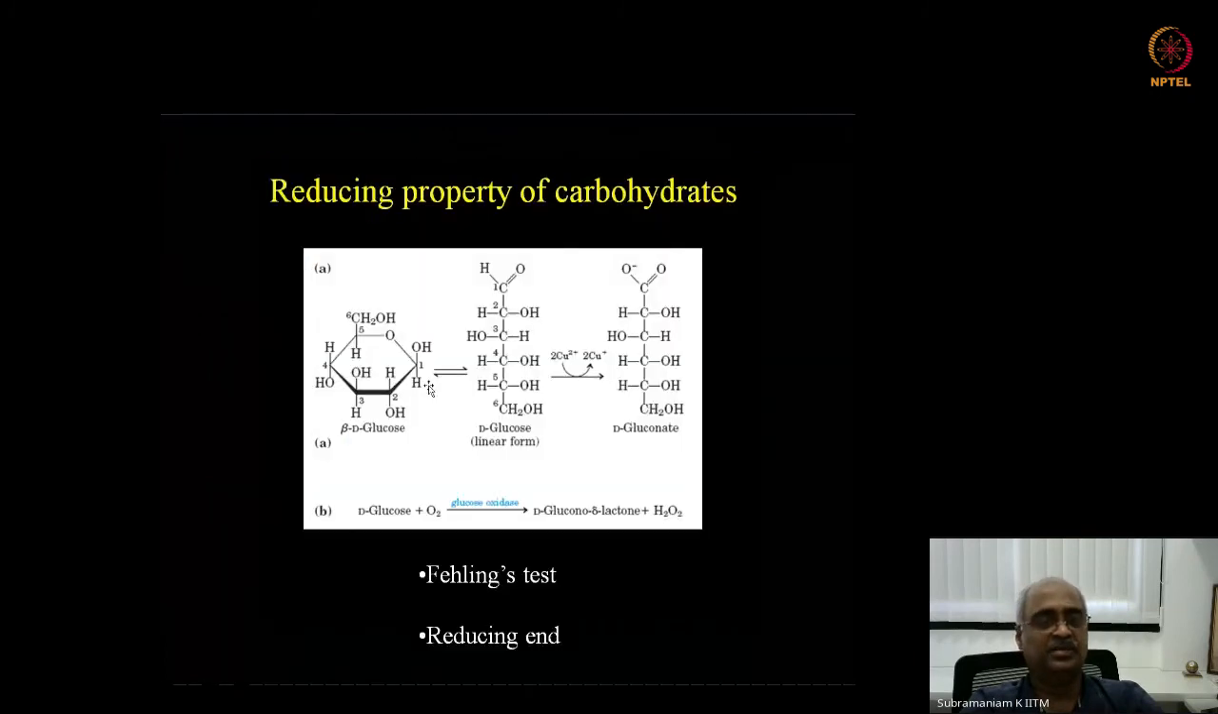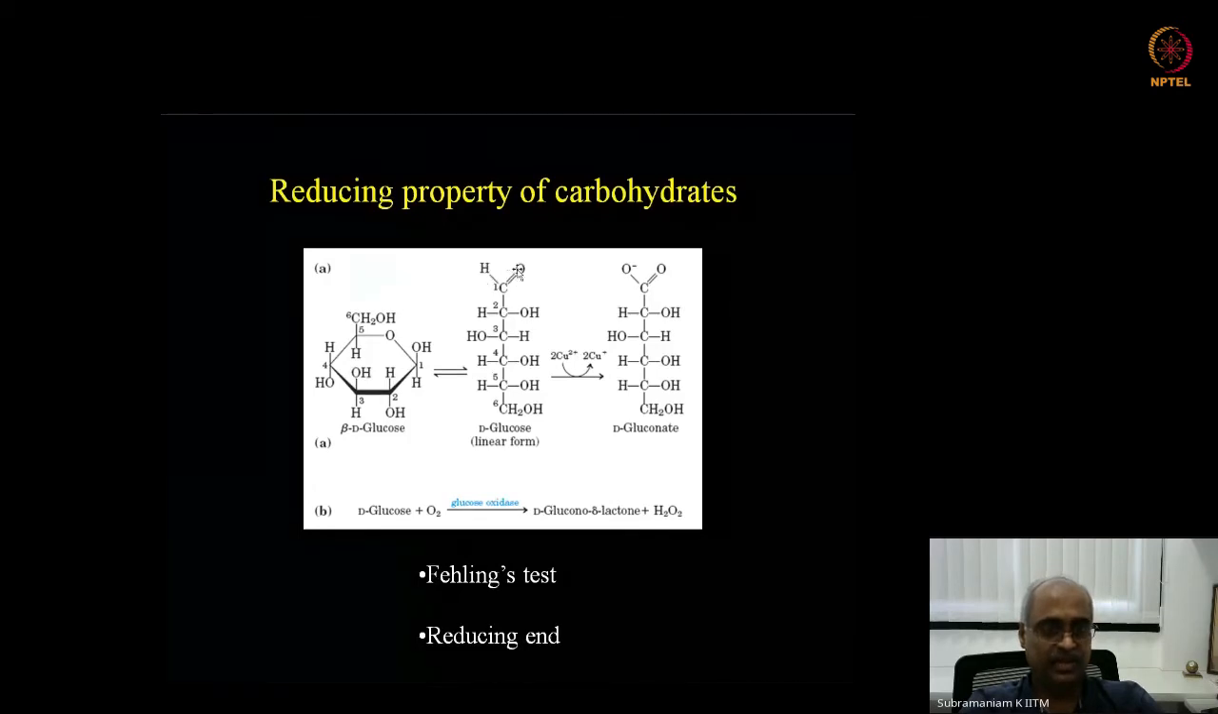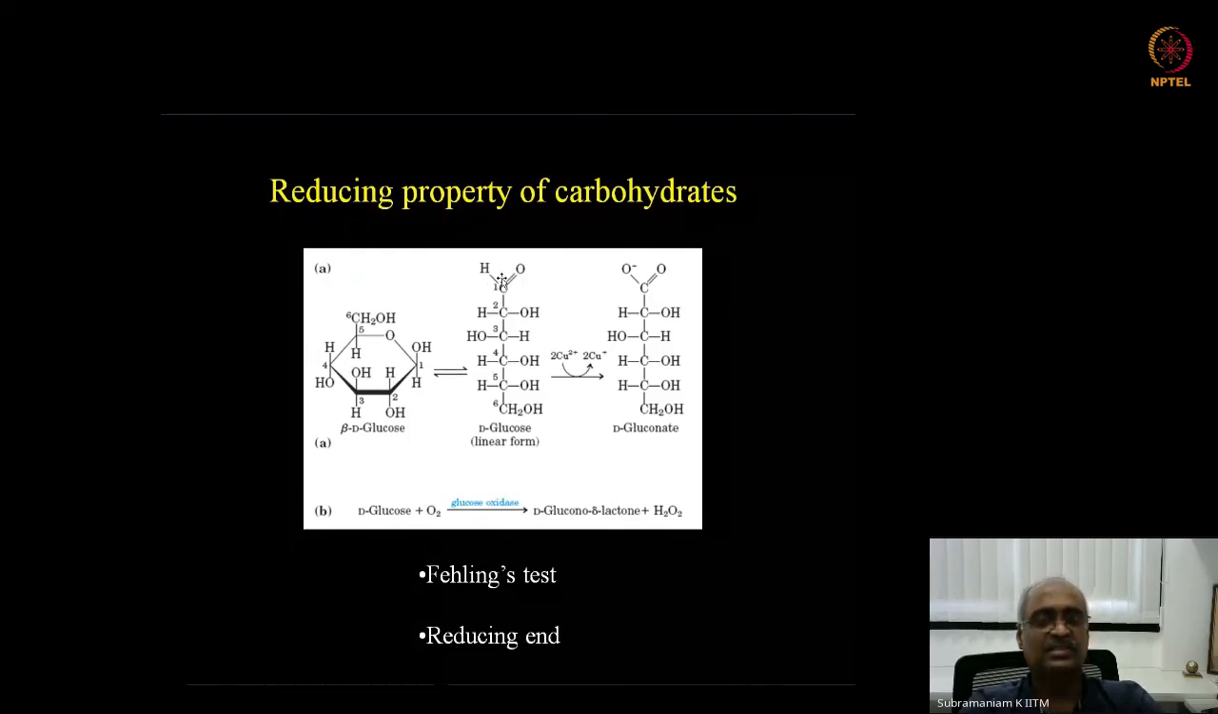And so due to this, this one is in equilibrium with this linear form. And in the linear form, this acts as a reducing agent. And such sugars are called reducing sugars. Okay. So in a long chain of alpha-1,4 linkage of glucose, which is the